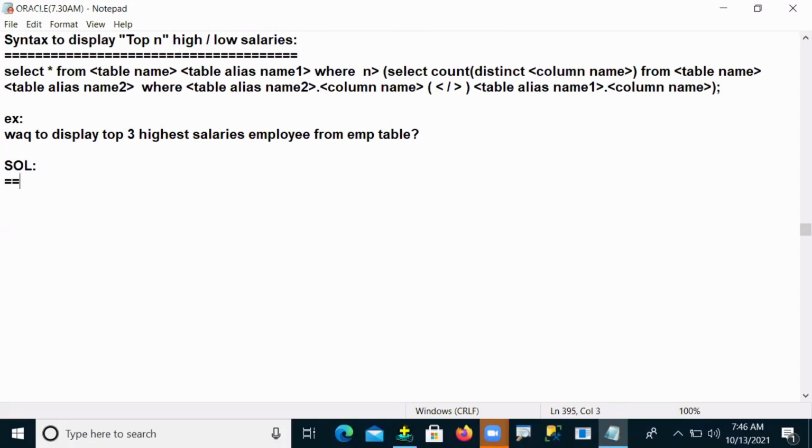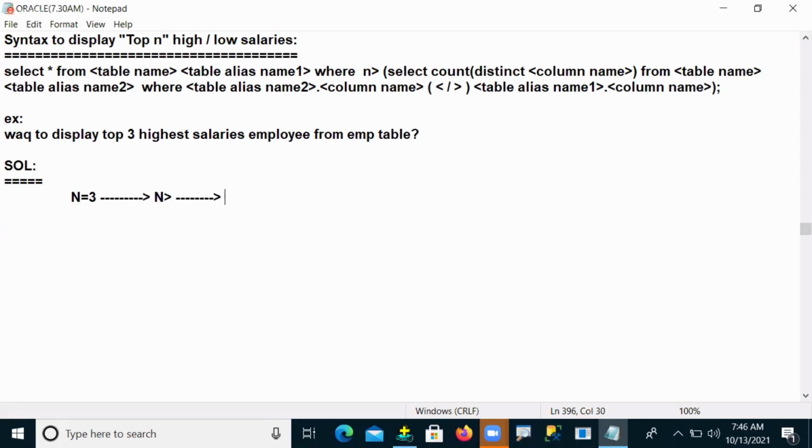The solution is that top 3 means n equals 3. Simple. Whether it is top 3 or top 5 or top 10 or top 20, whatever it is. So n equals 3, and we just need to substitute the n value in our formula, n greater than.